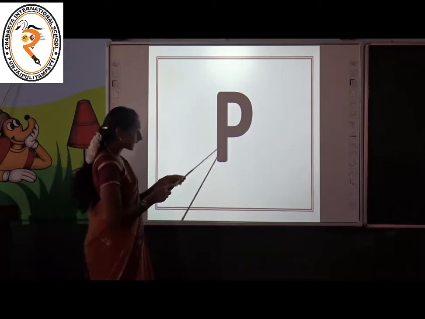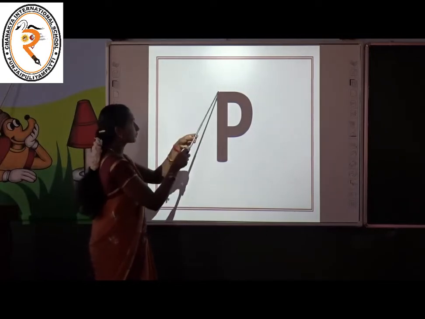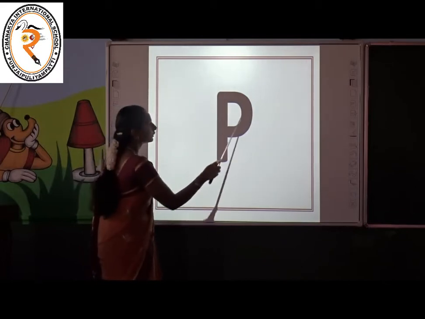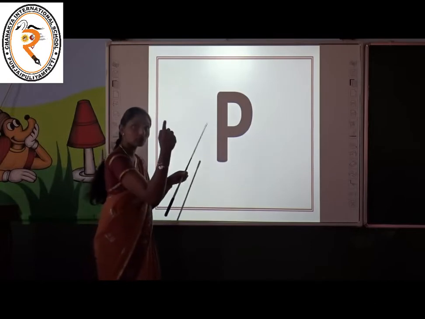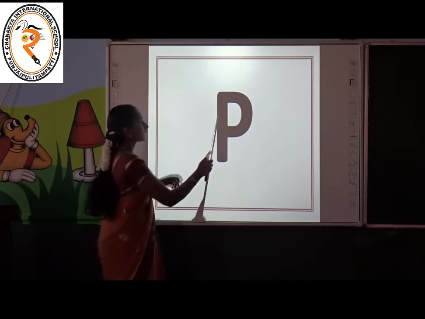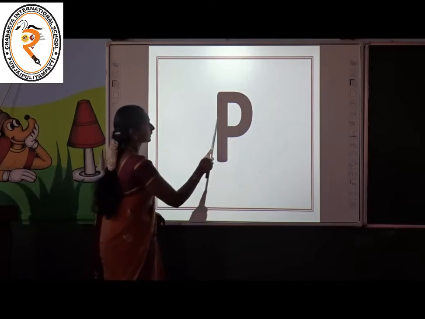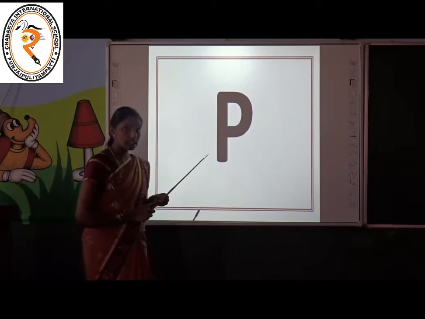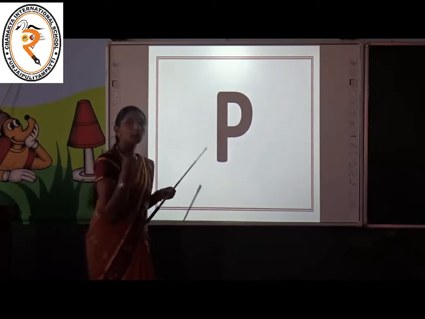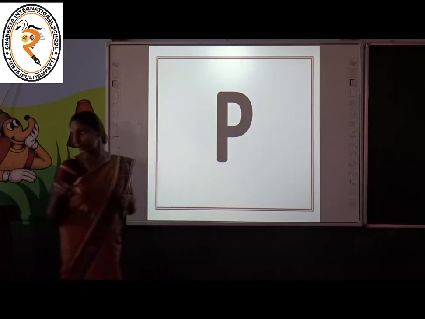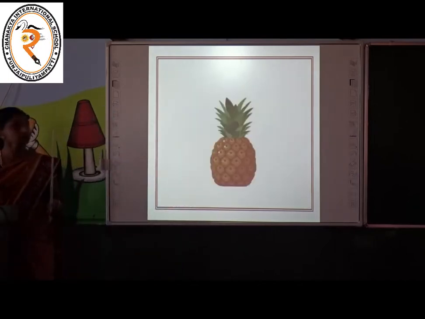First put a standing line. What is this? We are putting a standing line. Once again, put a standing line. Next, start from here and put a right curve. Okay, use your index finger and trace. Okay, trace like this. Yes, right curve. Standing line and one right curve. What it is? Letter P. Open your mouth and tell. Letter P. Very good. Let's see some examples, children.